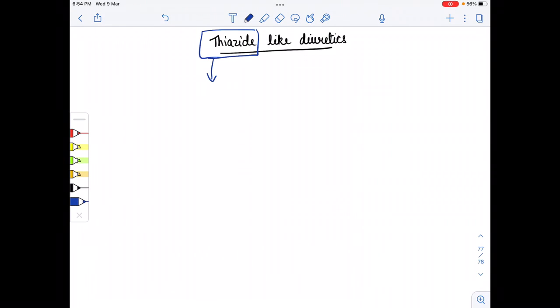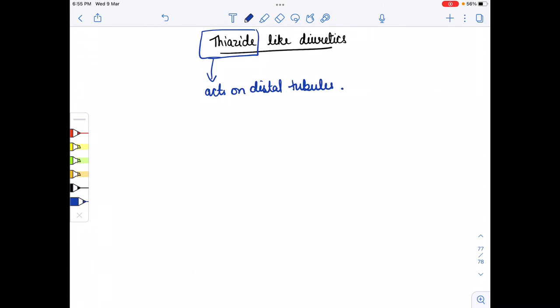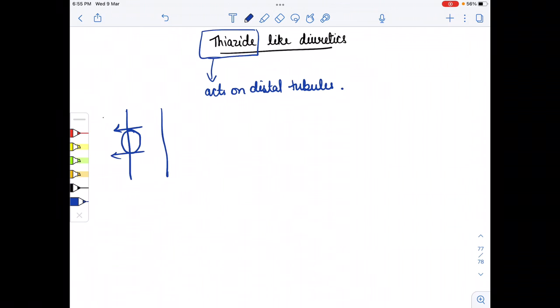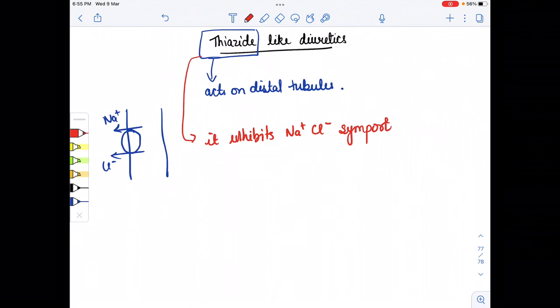First of all, these thiazides act on the distal tubules. And how do they act on the distal tubules? There is a sodium chloride symport. Thiazide acts on these channels and inhibits the sodium chloride symport. So the mechanism of thiazide is that it inhibits the sodium chloride symport. If there is no reabsorption of sodium and chloride, it means that sodium is lost in the urine,